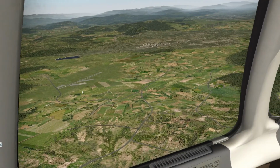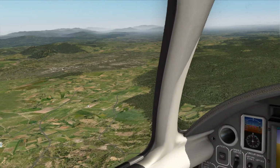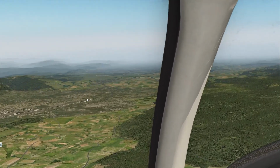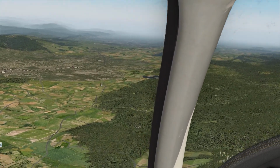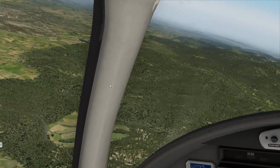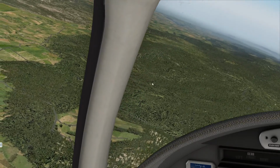Yeah, this is some other little airport that wasn't ours. I thought we had it in sight. But it's obviously going to be out over here to the left. There's a little bit of haze when I try to zoom in, so...